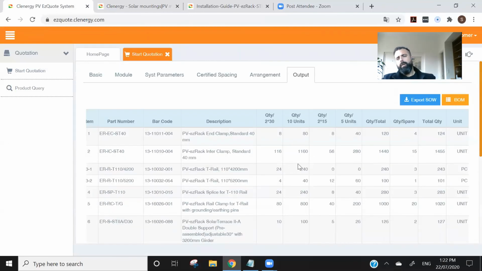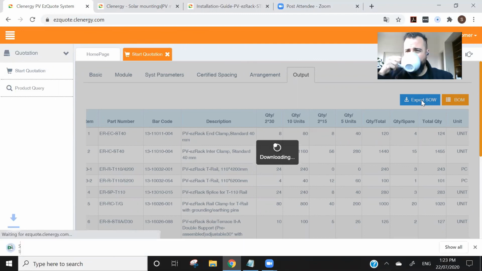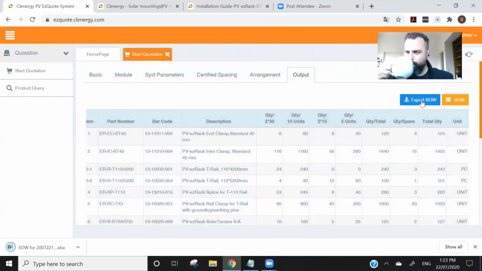Now, what you want to do is there's a button here, the blue button you can see. It's called Export SOW. SOW stands for Statement of Works, and so I'll click that here and download this, and I'll show you what it looks like. While I'm waiting for that, I'll have a little sip. Okay, so you can see it's downloaded. Open that up,